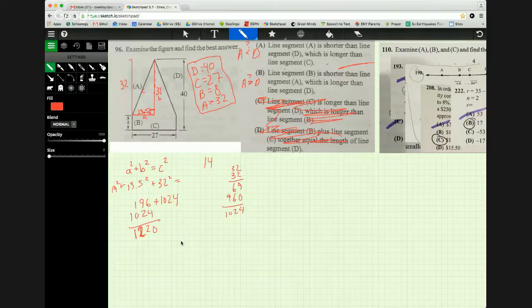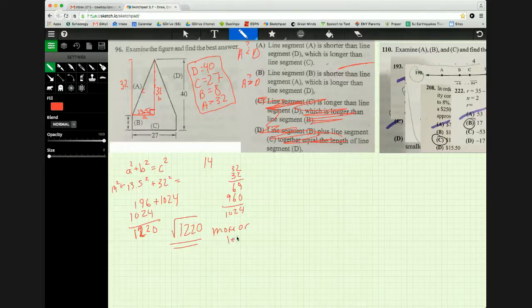Okay, so that looks right to me. So now we have to find the square root of 1220, and so let's look at this a different way. Let's see. Well, what would 40 squared be? So the question is, is this more